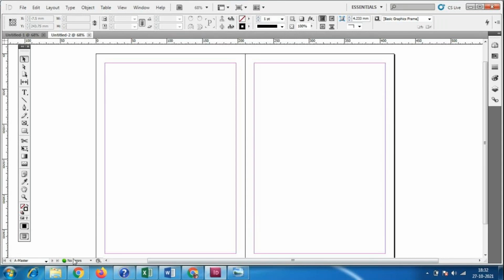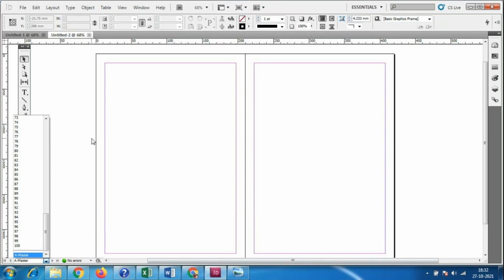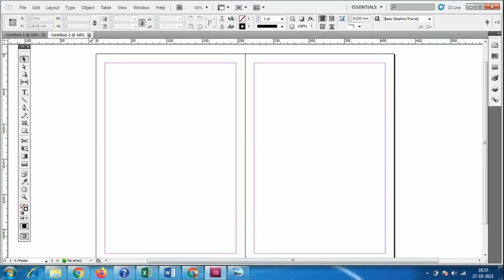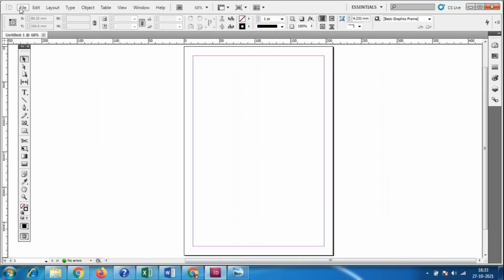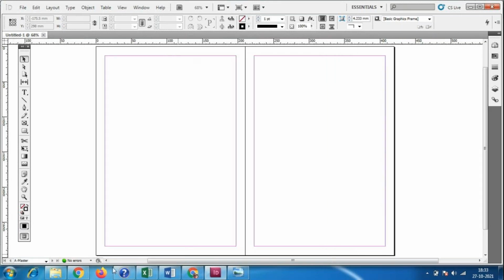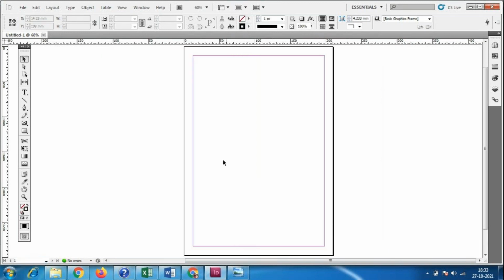So I don't want 100 pages now. When you take the 100 pages, only then is the master page visible. Okay, so I'll close this, and I will go to my new file, which has only one single page. Again for this also the master page is there, so I don't want a single page which has the master page.